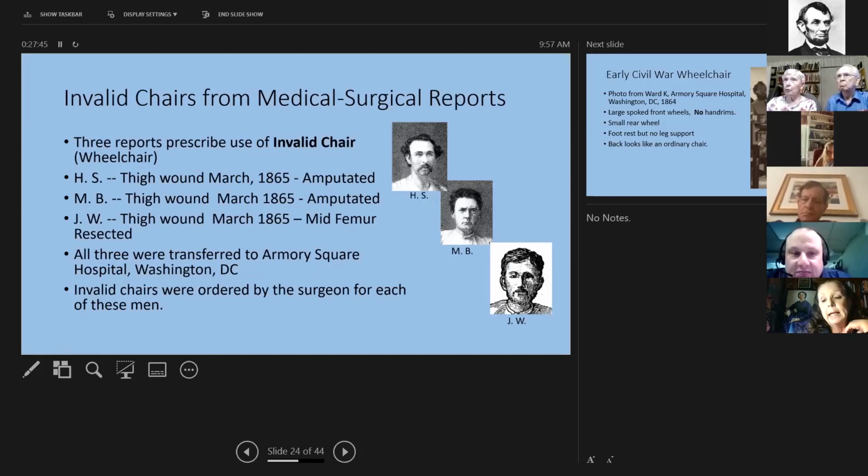All three of these people were transferred to Armory Square Hospital in Washington, D.C., and the invalid chairs were ordered by the surgeon for each of these men, which at the end of the war was really a little different.